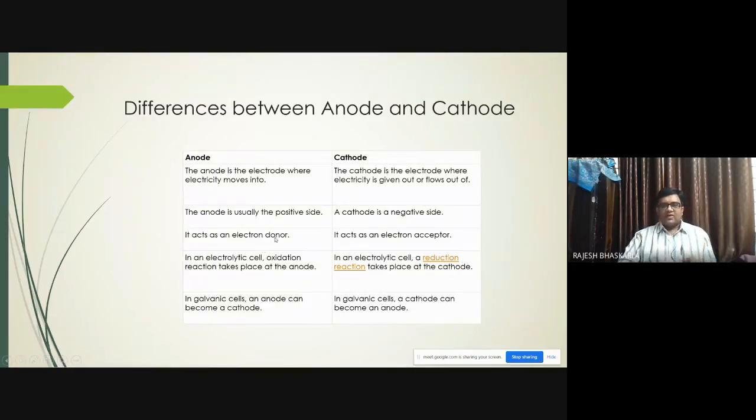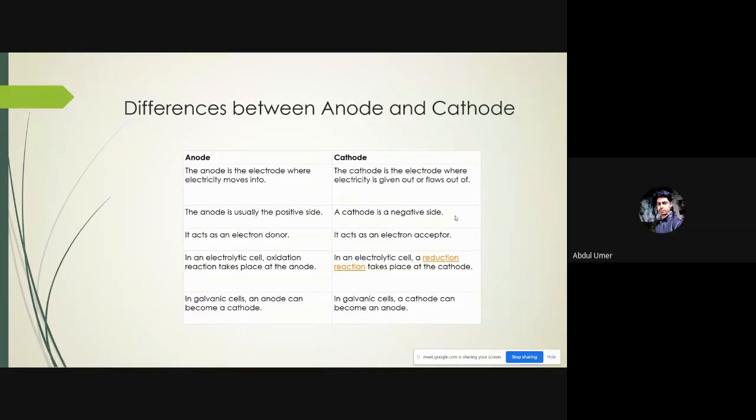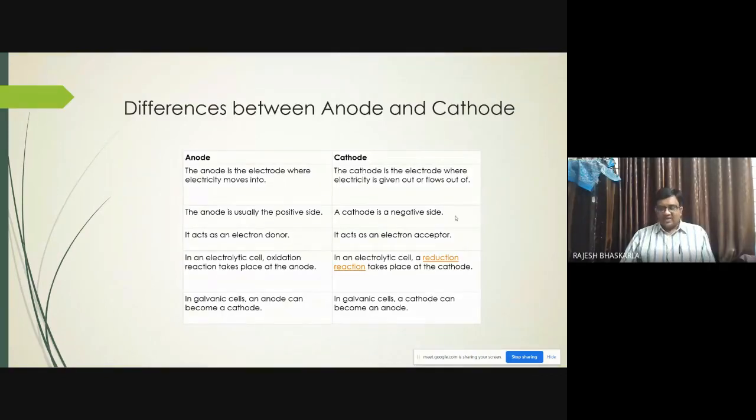Here you must be very cautious. What is the word he is using? He is using that donor. So anode is electron donor and cathode is electron acceptor. But if you observe, this will be contradicting with this electron donor. How can you say that cathode is an electron acceptor? It is releasing out. Can you answer this? When it is rechargeable, it will be the donor. It acts as donor. Very good.